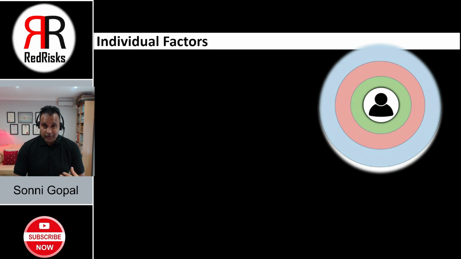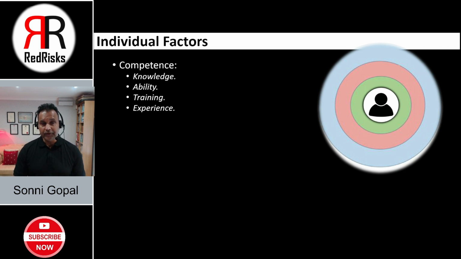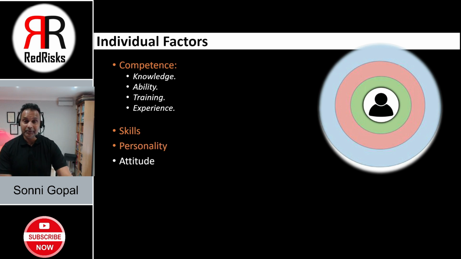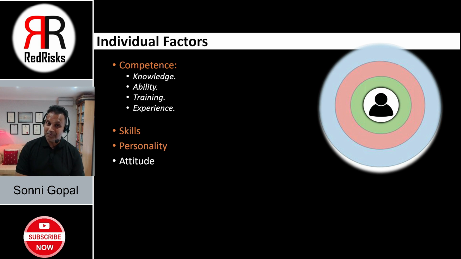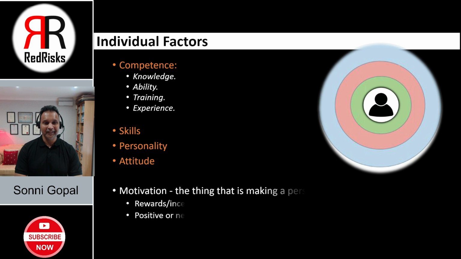When it comes to individuals, you, me, and everyone else around us, we all have a different level of competence. And that could be relative to the knowledge that we have, the ability, the training, and the experience. Now, we all have different levels of skills, of course, and our personality is very different. Some of us are gregarious, outgoing. Some of us could be introverted. Our attitude, well, that again is very different in us. Some of us may have an attitude which we may not particularly want at work, but we have to work with what we have. Motivation, of course, we're all motivated in different ways.